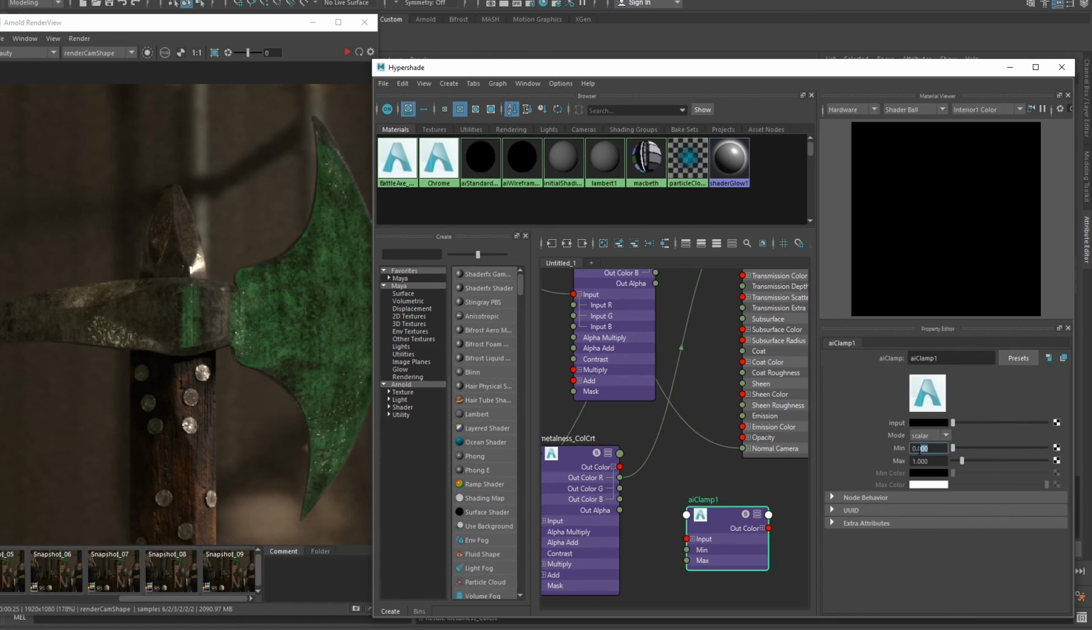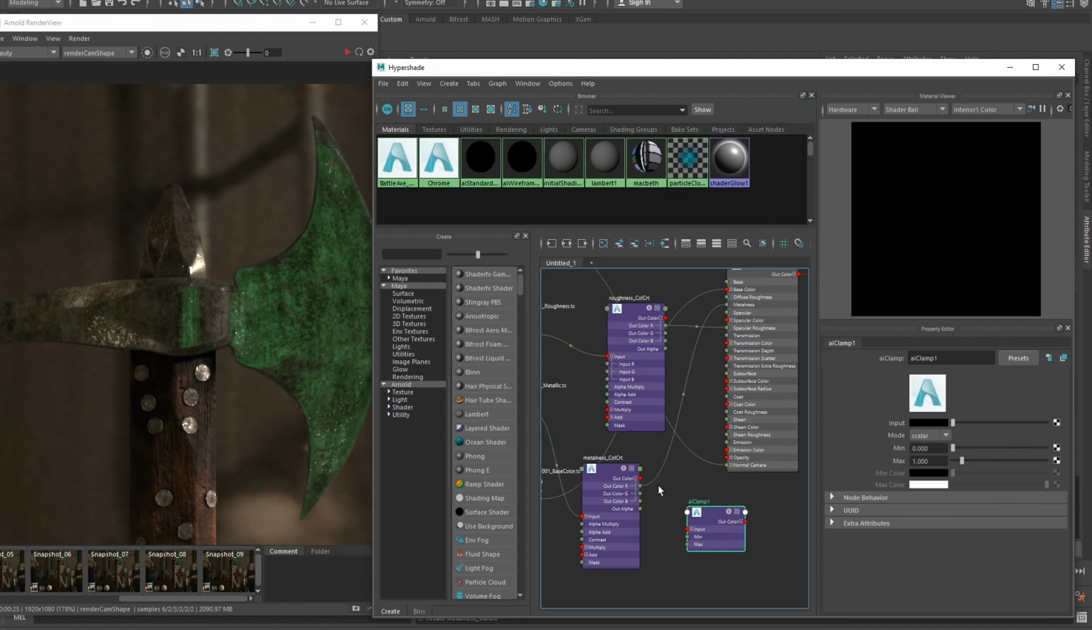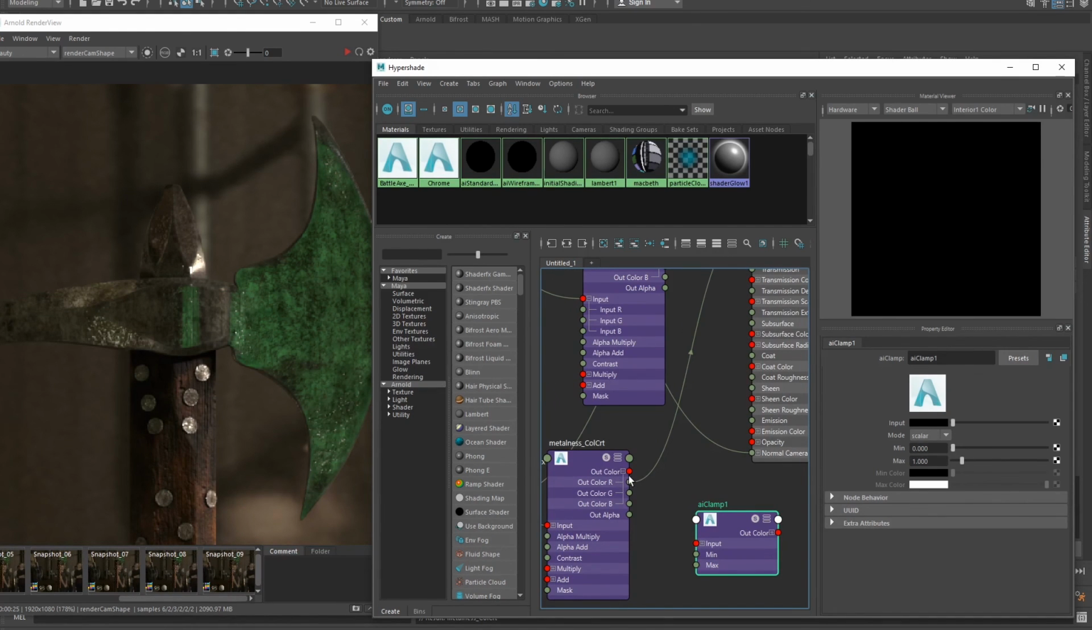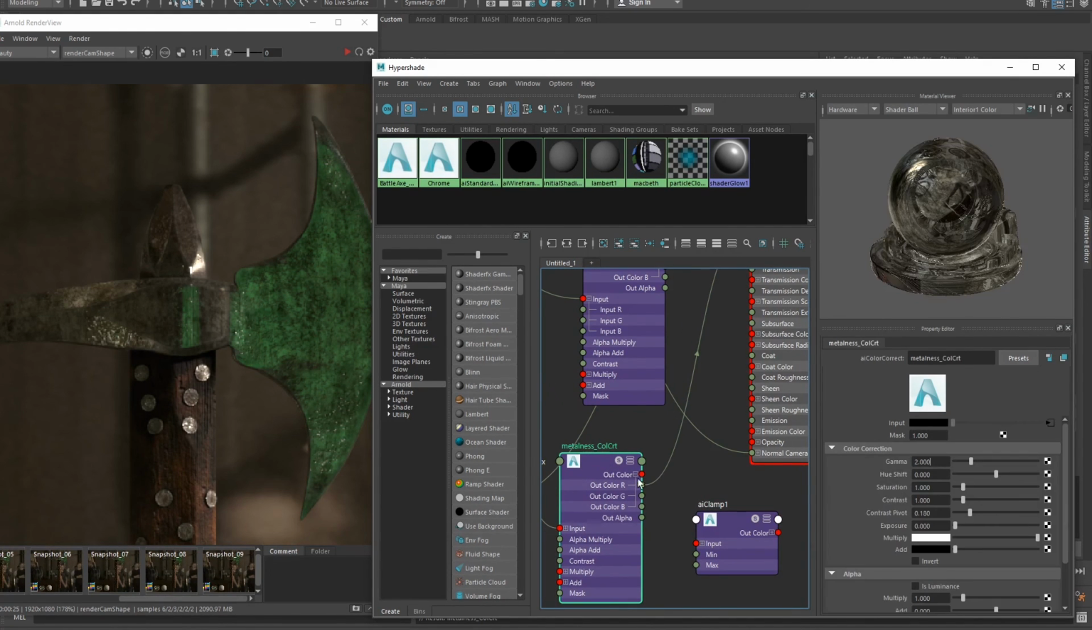And if you look at this node, it says min and max 0 to 1. So it's basically going to clamp the values. So you don't have to go back to texturing, but what it's going to do is stop the color values from going over a certain range, basically. So what you would do is plug it in after your color correct, if you have one, you would go out color,